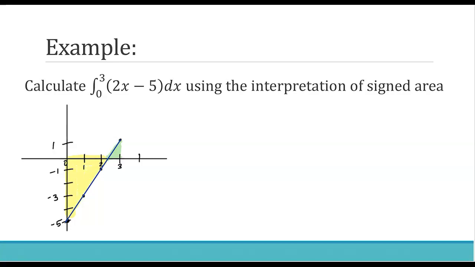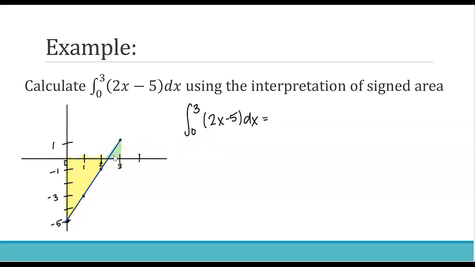And so notice how they form these perfect geometric shapes, right? So we have just two triangles that we're essentially trying to figure out the area of. So I want the area above the x-axis minus the area below the x-axis. Well, the area above, as we said, is a triangle. And so the formula for a triangle is 1/2 base times height. So here's what we're going to do. The integral from 0 to 3 of 2x minus 5 dx is equal to 1/2